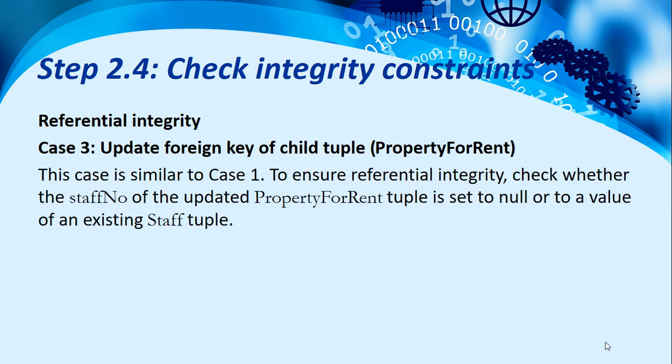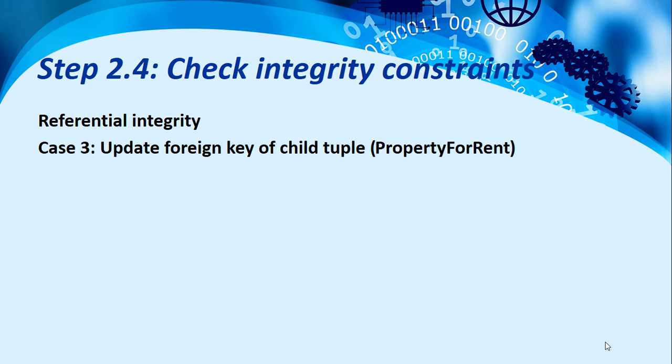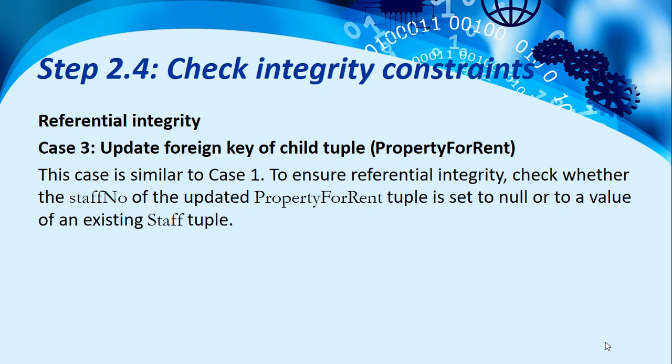And update foreign key of a child tuple. So this case is similar to case 1. To ensure referential integrity, check whether the staff number of the updated property for rent is set to null or to a value of an existing staff tuple. So let's say,